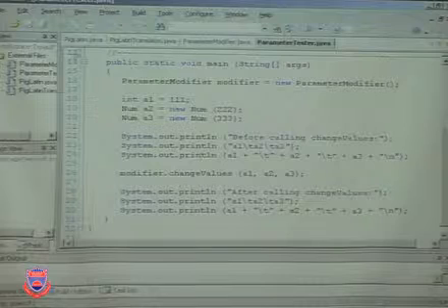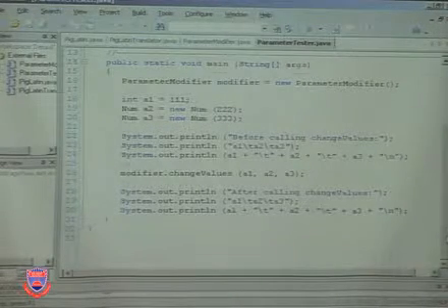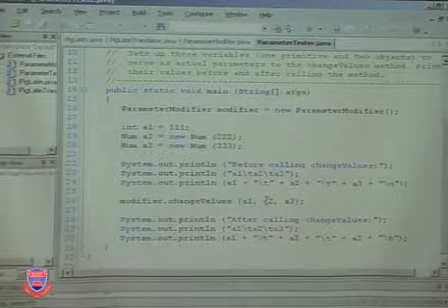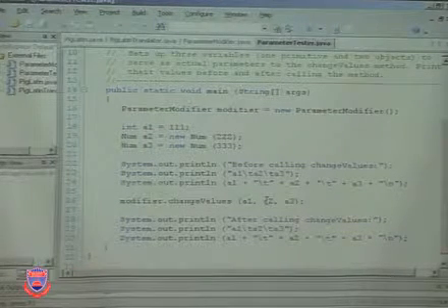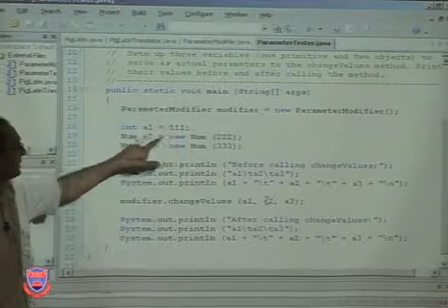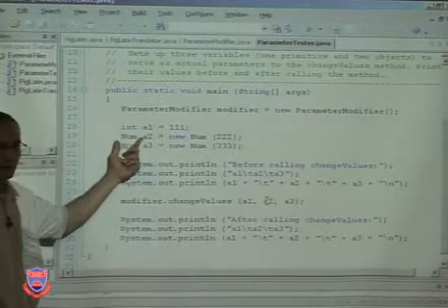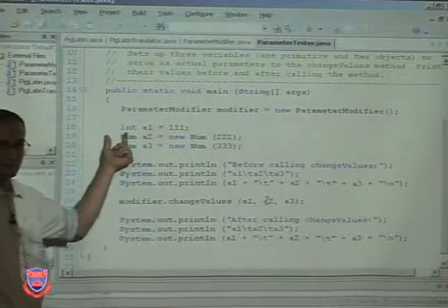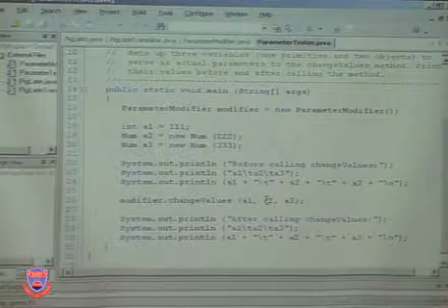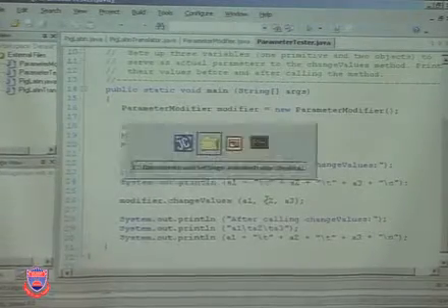So basically what we have is that we have an integer that is given as A1, 111, and then we have two numbers that are objects, A2 and A3. So these are given as number objects, num. So we create this by calling the constructor. Let me open the file as well. So we have